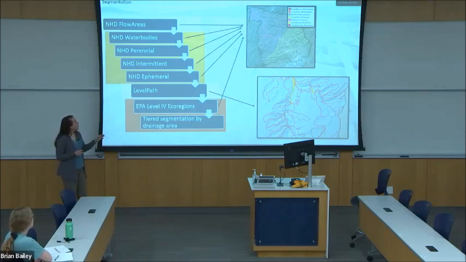But once you segment using level path, we're doing a pretty good job with the headwaters and most of our areas. That's when we get to the level 4 ecoregions. Ecoregions are a combination of geology, climate, vegetation assemblages. So they actually give us a really good head start in predicting where we would be wanting to break those river styles. So our longer segments at that point are going to be broken up by the ecoregions.